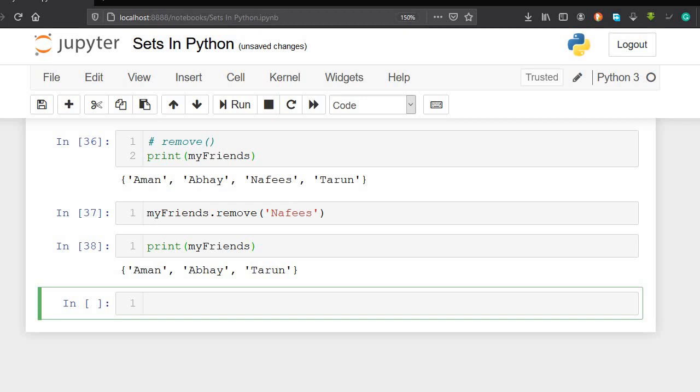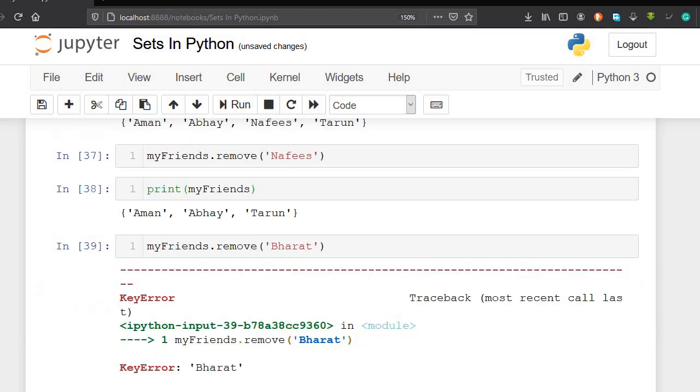Now what if I give a name which is not present in the set? Let's see what happens then. Suppose my friends dot remove. Now we have 3 elements, Aman, Abhay and Tarun. Let's give Bharat here. We do not have Bharat in the set, so let's see what output it gives.